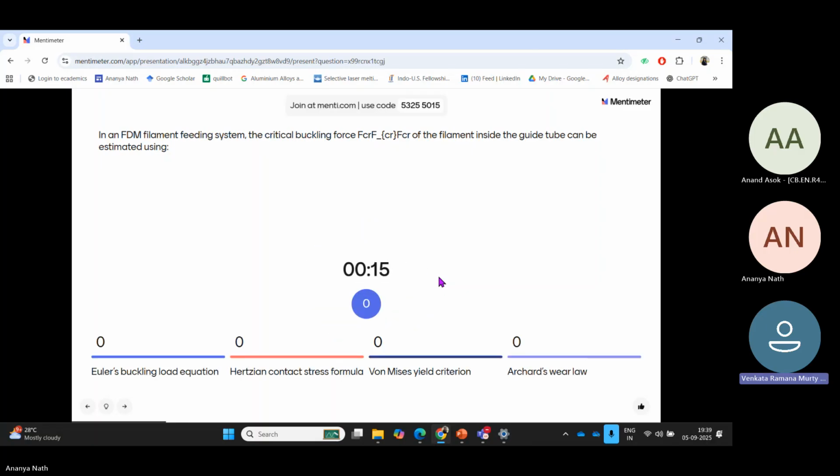In an FDM filament feeding system, the critical buckling phase can be estimated using